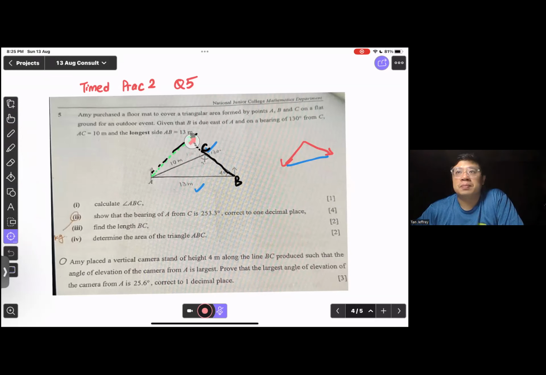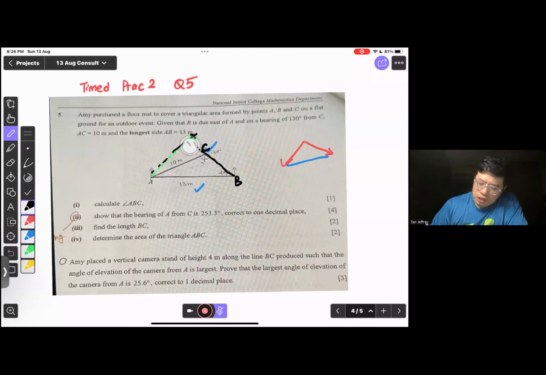Wait, when you say BC produced, can the point still be on BC? Likely no, because when they use the word produced, it means that it is longer. They are trying to help you, because some people may go and draw the angle somewhere here, but the 90-degree angle is actually over here. Fair? So you were saying that if it's the shortest distance to point A,